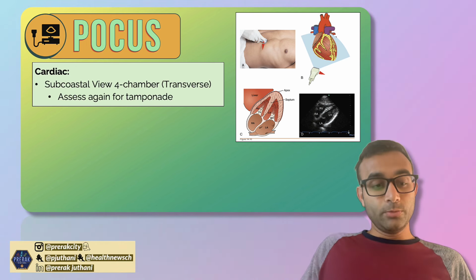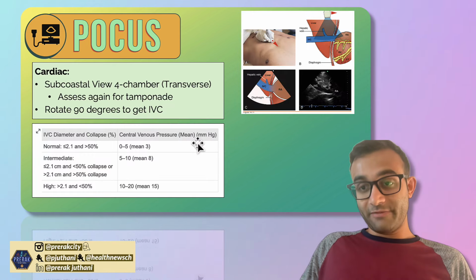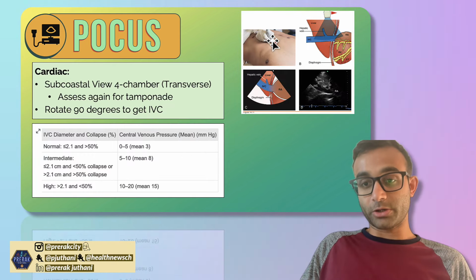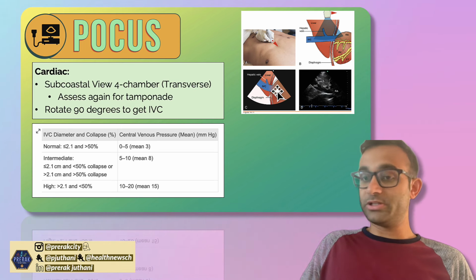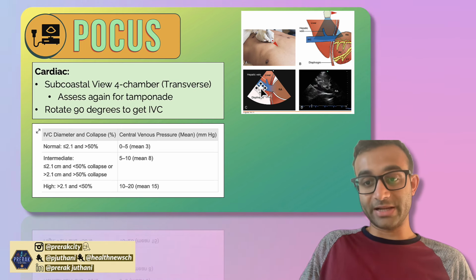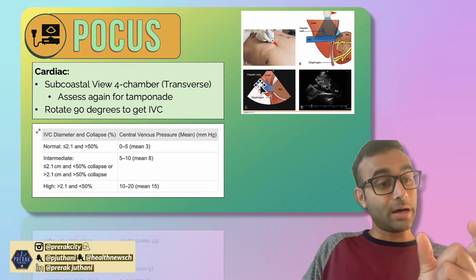Once you get this view, the really great part is that you then rotate the probe 90 degrees so that the probe marker is facing the patient's head. If you do that, you'll be able to see the inferior vena cava emptying out into the right atrium. It's very important to do this well because sometimes people will accidentally rotate it a bit too drastically and